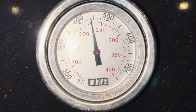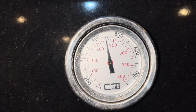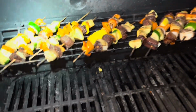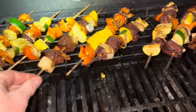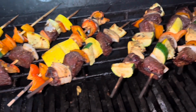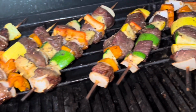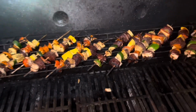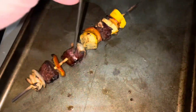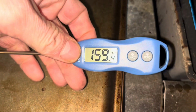Okay, I like to cook it between 400 and 450 for about 20 minutes. The babies are darn ready to go. Look at that. I'll give them 5 more minutes. Look at that. All right, let's go ahead and check if this one's done. Check our food thermometer here. Oh yeah,